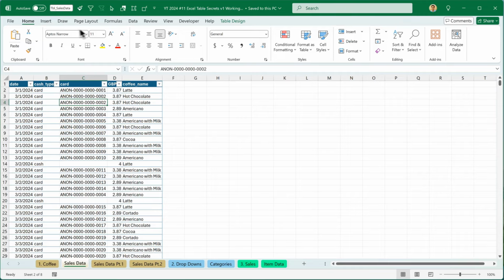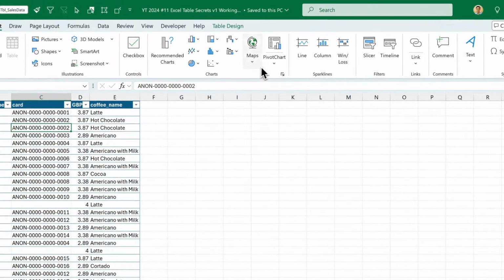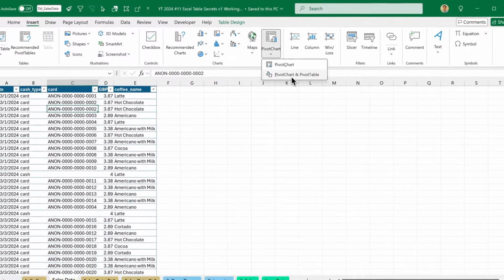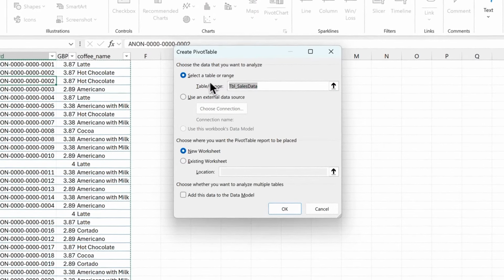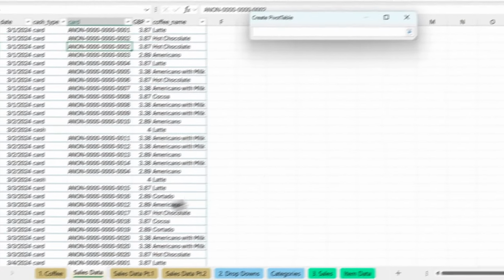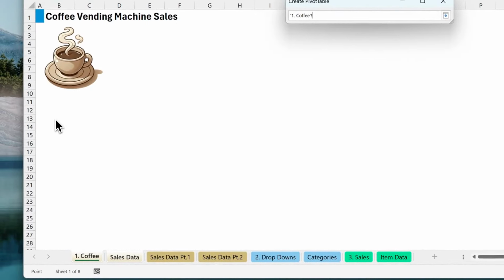Then we'll head into Insert, and then we'll click on this drop down for Pivot Chart. Then we'll select Pivot Chart and Pivot Table. So the first thing it's asked is to select a table or range, and we have the correct table selected. Now we go to the existing worksheet option, and for a location, click on this arrow, click on coffee, put it in B13,